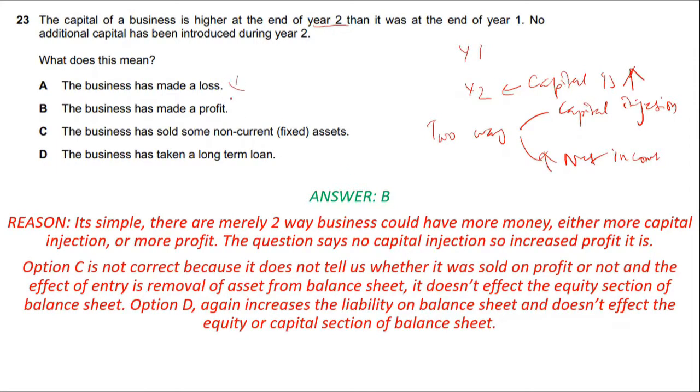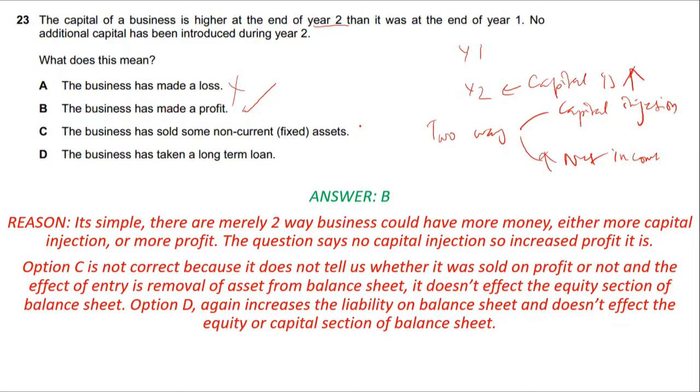A, the business has made a loss. No, if there was a loss, there would not have been any increase in owner's equity. Option B, the business has made profit. Yeah, that sounds very correct. Option C, the business has sold some non-current fixed assets. Now, some of the students might have chosen option C,